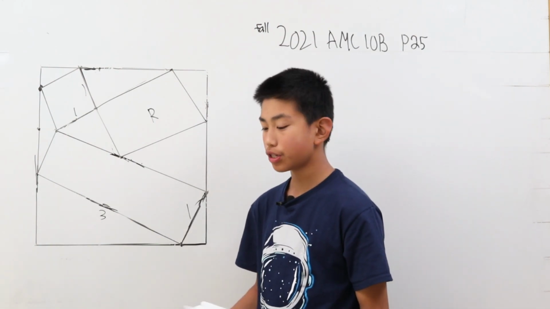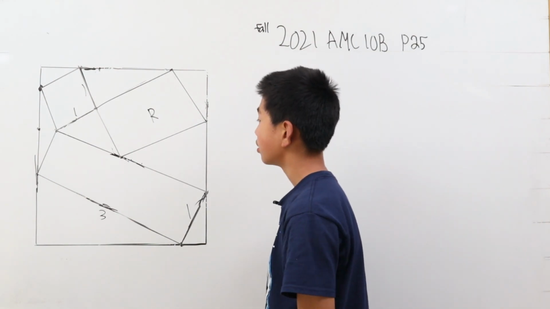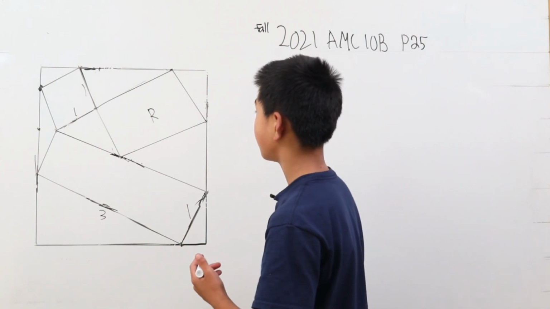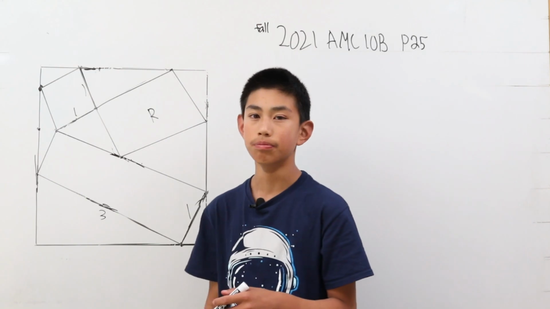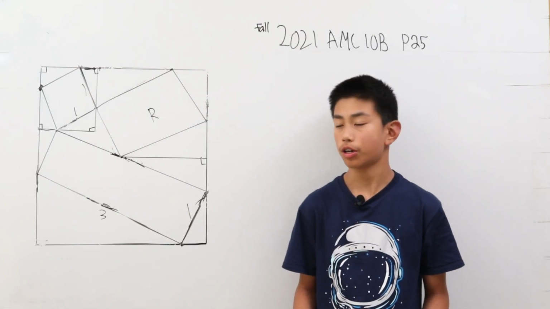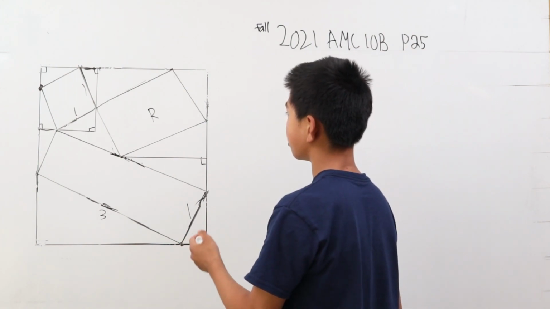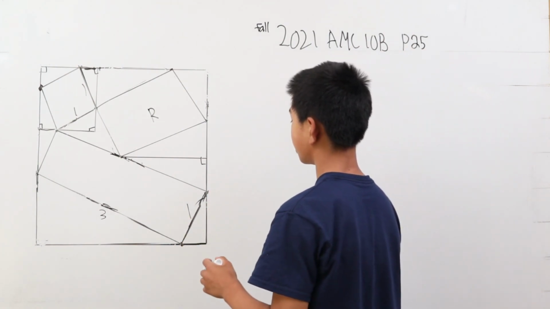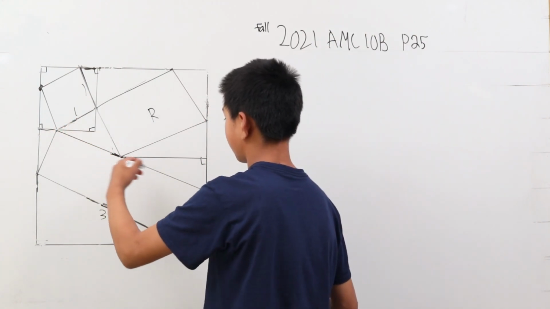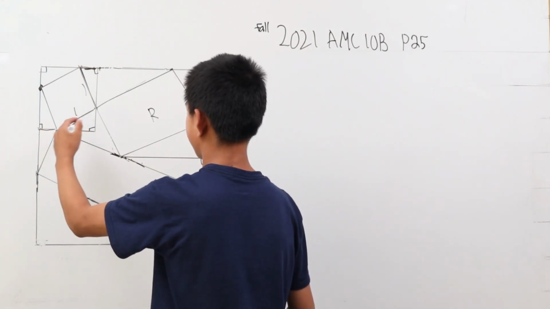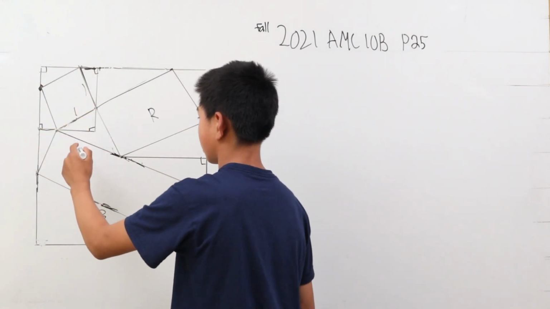So for this problem, we're going to need to draw some lines here, and we have to use the properties of right triangles to solve this problem. Once we draw a couple of lines, it looks like this. And the reason why we do this is because we want to form congruent triangles. Take this one for example. We form this one to make a congruent triangle like so,